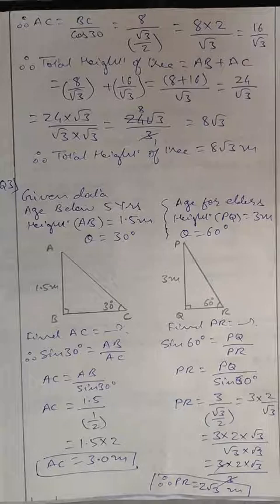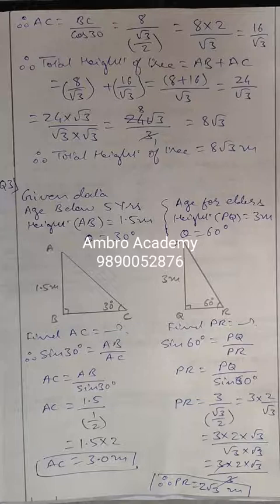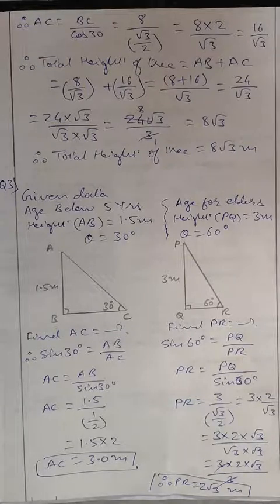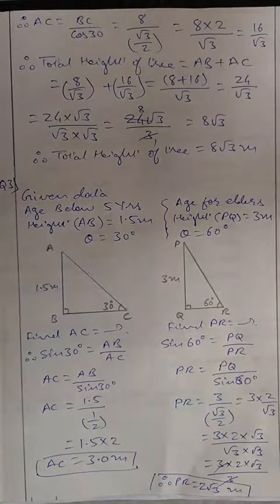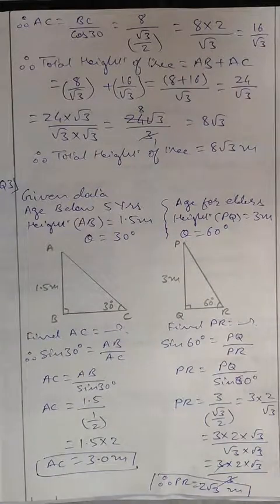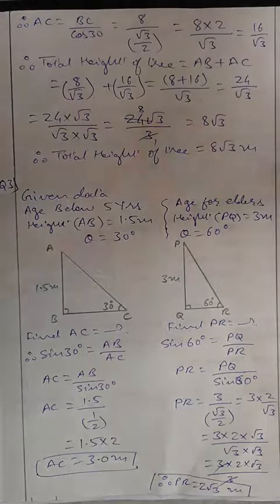Here also note that if they have given the value of root 3, then you have to multiply here. The value of root 3 is 1.7321. So in the exam it is better that instead of stopping here, multiply 2 by 1.7321, and learn the values of root 3 and root 2, because many a time we are going to use these values. Root 2 is 1.414 and root 3 is 1.7321.